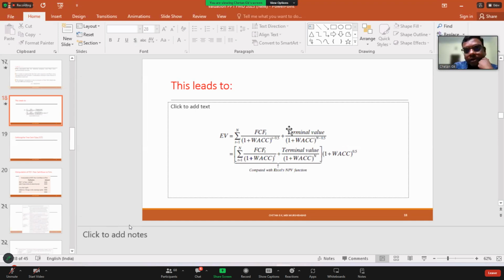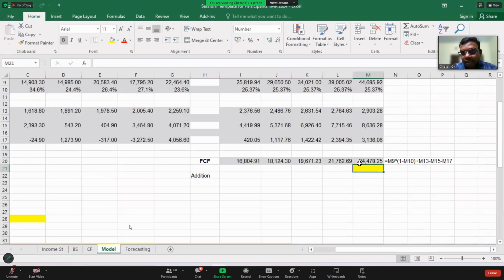But we have to compute the terminal value. What is terminal value? Terminal value means starting from T6 till an infinite number of years, we want the value. All at once we will be computing here in the yellow cell. This is the terminal value. Is it fine?